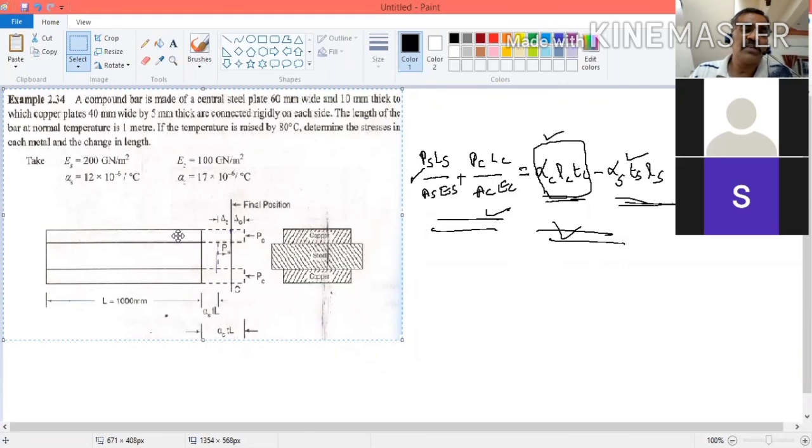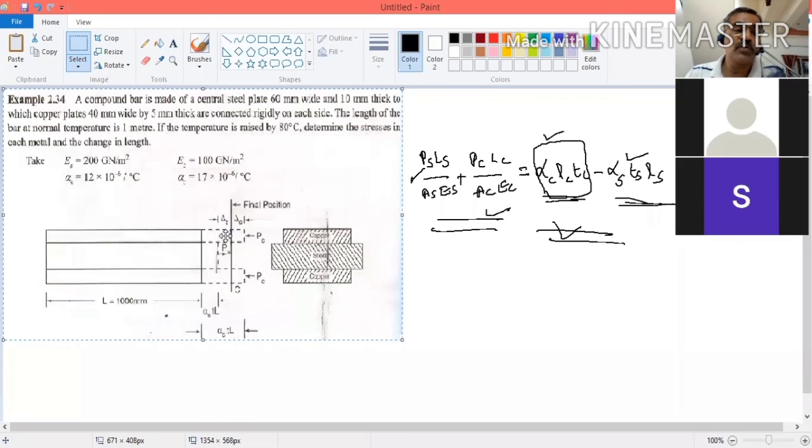If copper were allowed to expand freely, it would have expanded up to this much amount. If the steel is allowed to expand by this amount, but we are not allowing it, since both are joined together, it is pulled back this much amount. How is it coming back? Because the steel is pulling it back. At the same time, the copper is trying to expand, and the steel is trying to compress the copper. So in between there is a force.